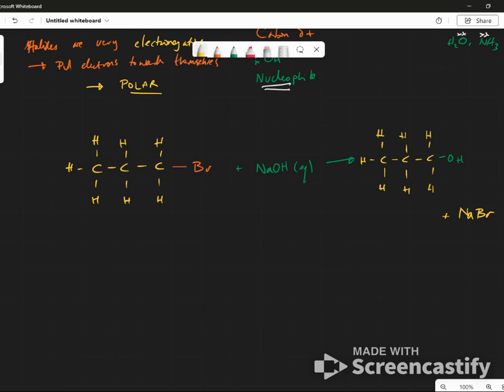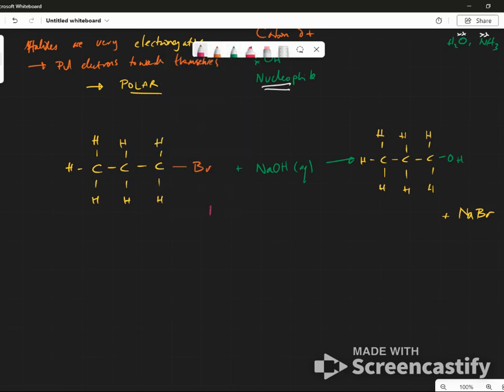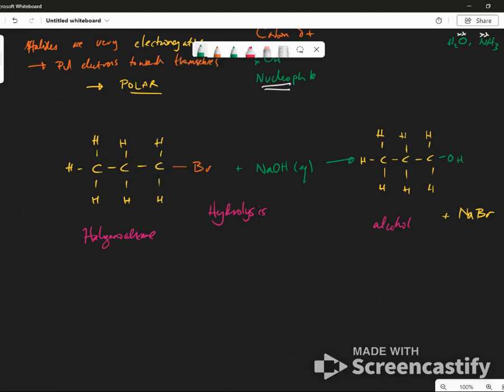This reaction, by the way, is known as a hydrolysis reaction. I'll explain that later, but this is a hydrolysis reaction, and we're hydrolyzing a halogenoalkane to form an alcohol, isn't it? Now I know we haven't done a big deal on these, but we've got to start brushing up on them. Halogenoalkanes are often shown as